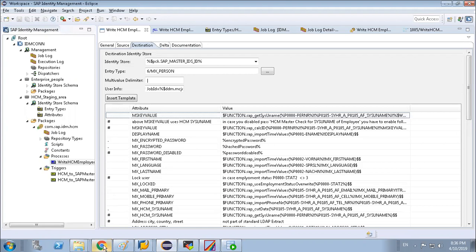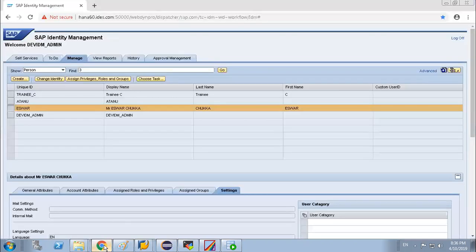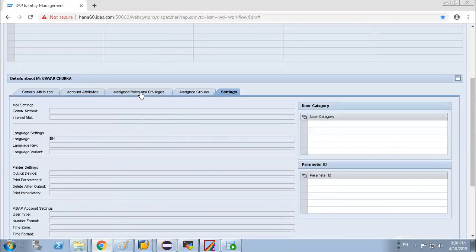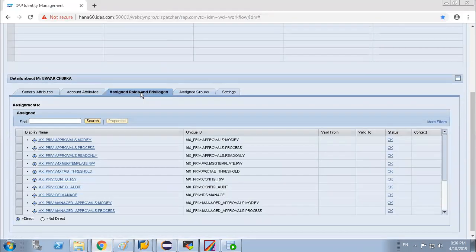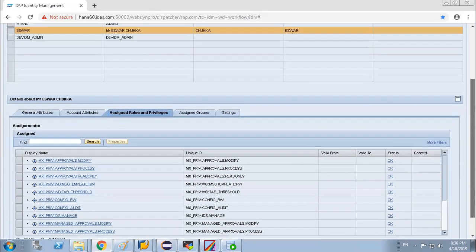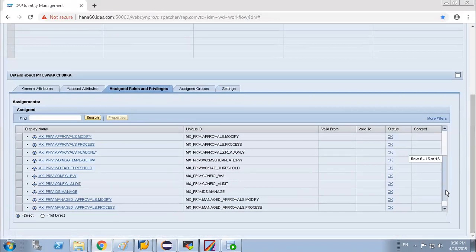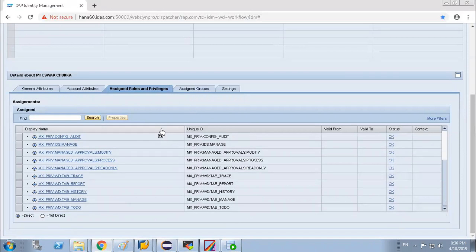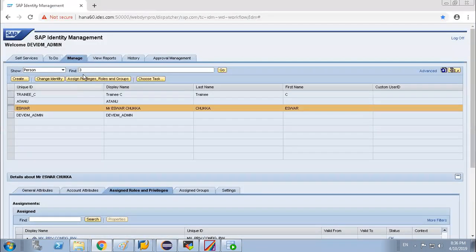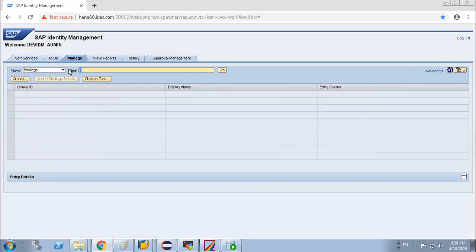And to write back, there is a completely different scenario of write back option. What are the write back options? You have a function module, though I am not sure whether it is created or not.